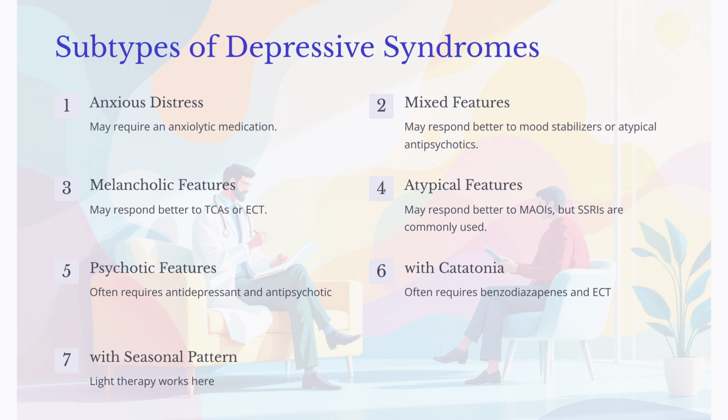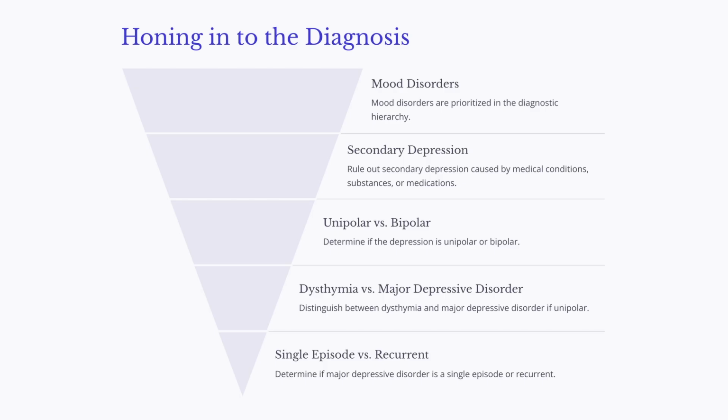Then there's depression with peripartum onset. There you'll prioritize therapy first, with medications considered based on the severity and safety to the mother. Then there's depression with seasonal pattern, essentially seasonal affective disorder, and the treatment implication there is you'll want to use light therapy. All right, so to recap so far, we talked about the affective spectrum, we talked about the diagnostic hierarchy, where we place mood disorders at the top,